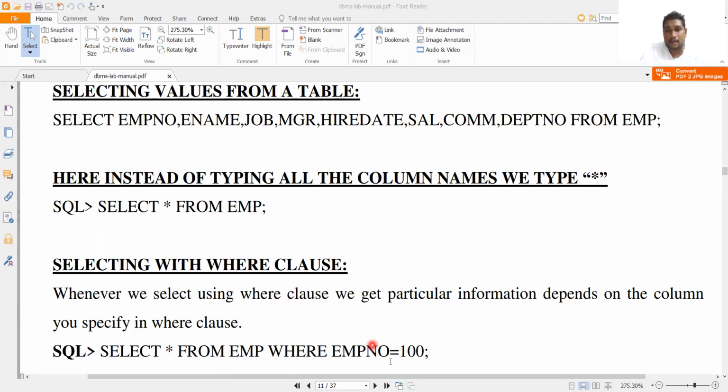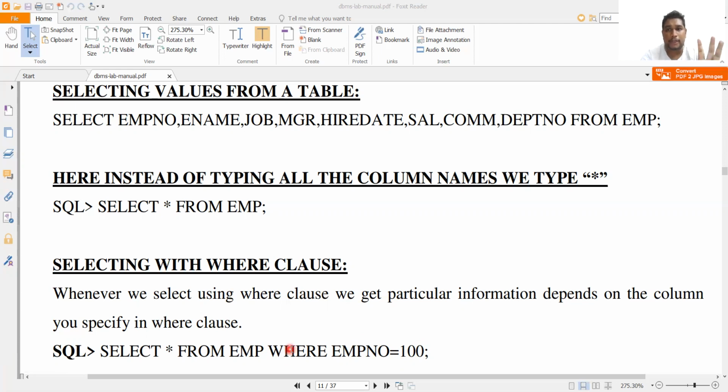This is a column, and we want to retrieve particular row data. So select star from table name where condition, and the condition is employee number equal to 100. Okay, so this clause is used to retrieve the data, I hope you understand.